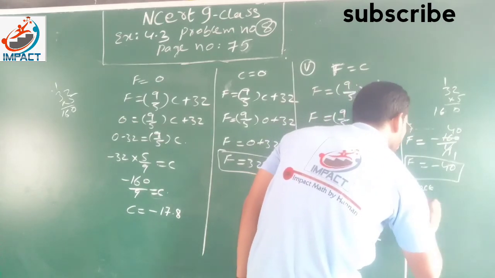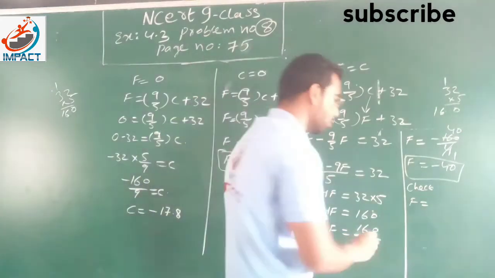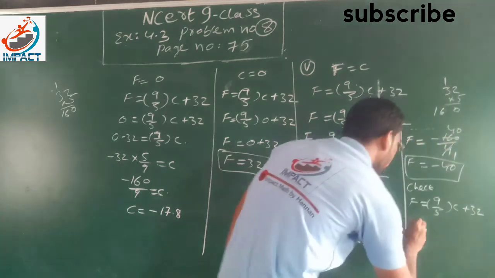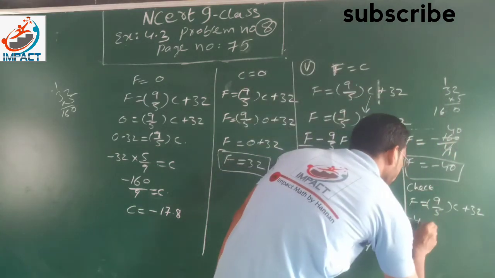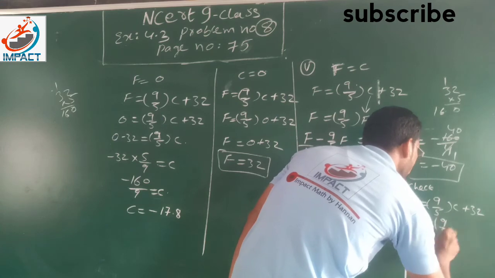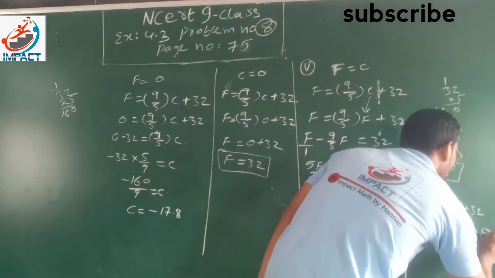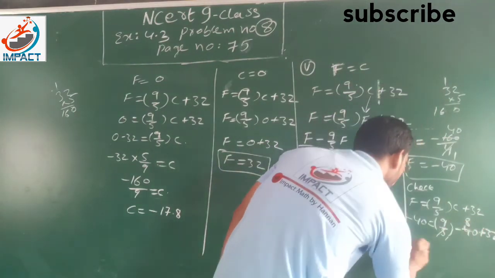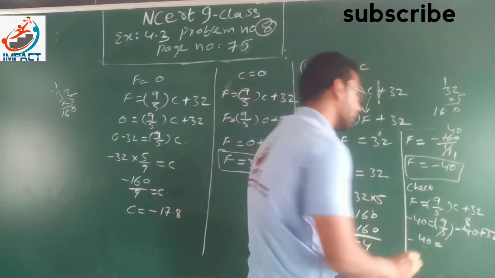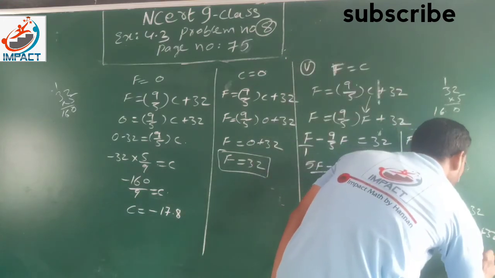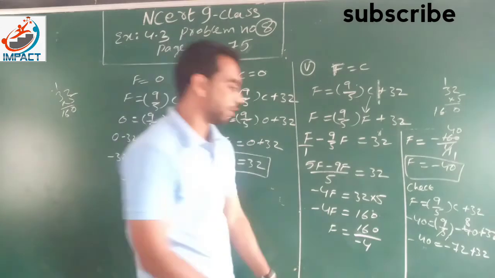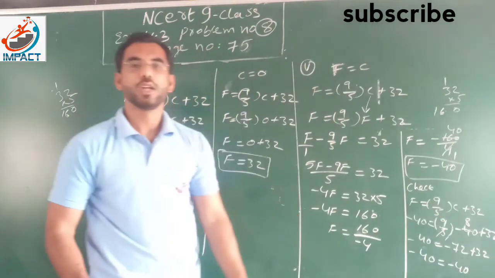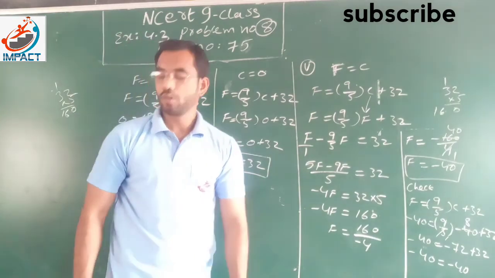In place of F, we have taken F is equal to 9 by 5 into C plus 32. So F is minus 40, equal to 9 by 5 into minus 40 plus 32. See, 5 on the 5, 5 eights are 40. Minus 40 is equal to 9 eights are 72, minus 72 plus 32. So it will be equal. Minus 40 equal to minus 40. This is the answer. Hope everyone understood.